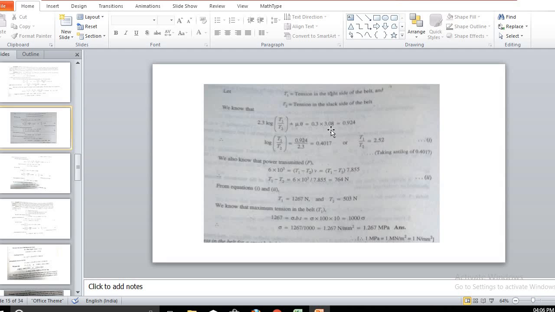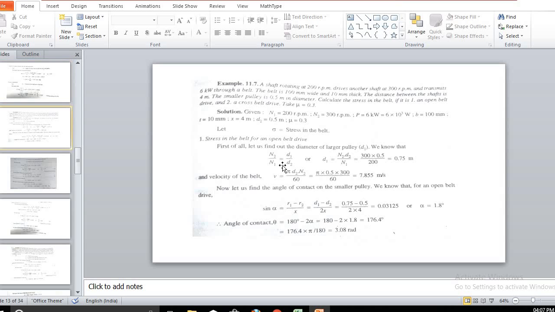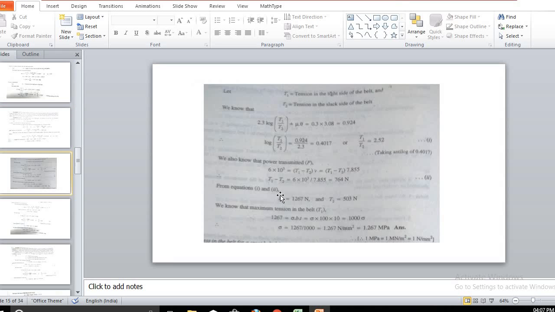924. Now we get the relation between T1 and T2: T1 by T2 is equal to 2.52. Again, power transmitted is equal to (T1 minus T2) into V. Power transmitted is given here as 6 kilowatt. So put in this formula: 6 into 10 raised to 3 is equal to (T1 minus T2) into